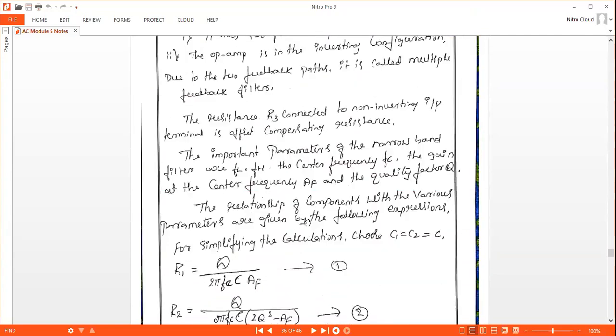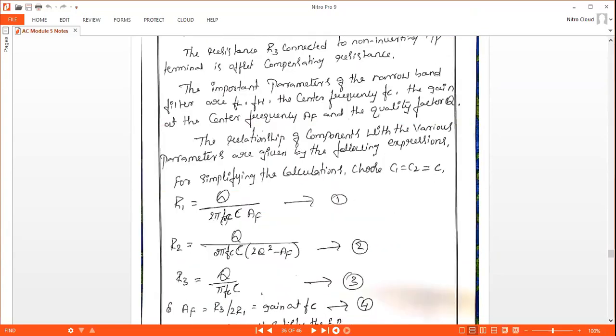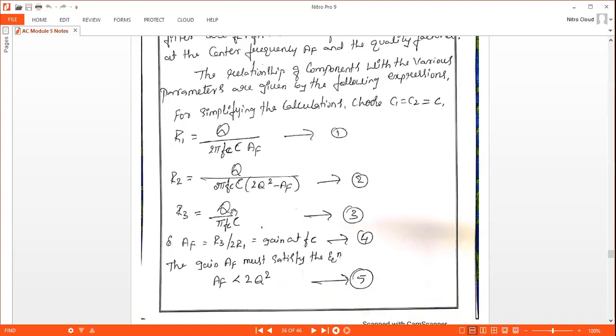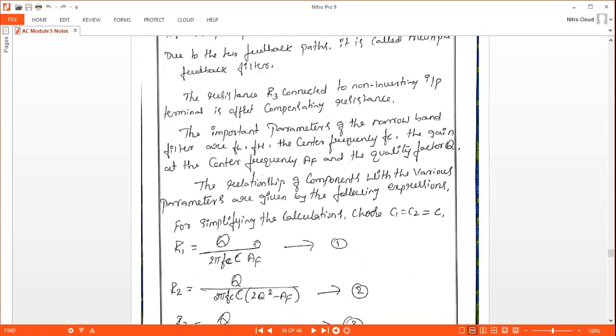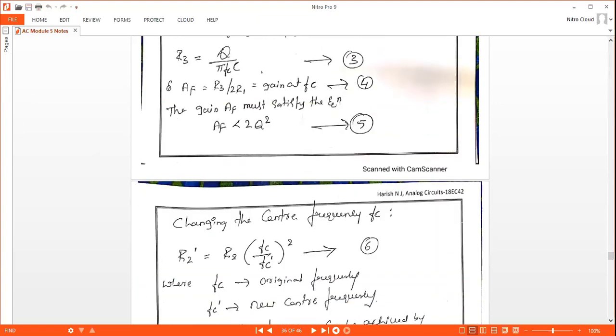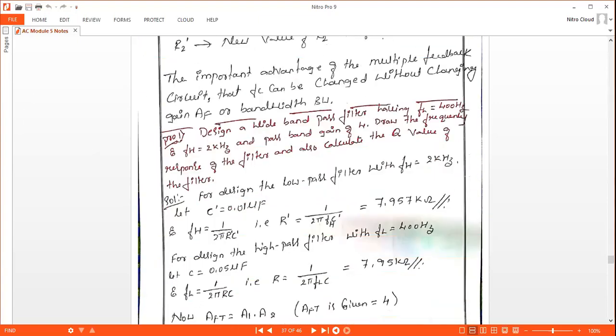The formula for R1 is Q divided by 2 pi f of C into AF, and R2 is given by Q divided by 2 pi FC (2Q square minus AF), and the value of R3 is Q divided by pi FC into C. The gain should be R3 divided by 2 times R1. The value of Q should be greater than 10.